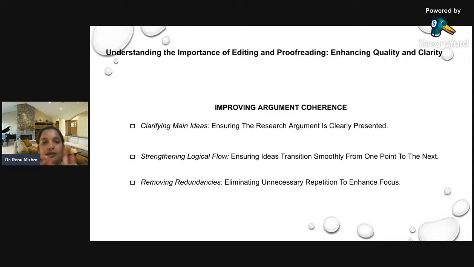So, there are three tasks. Firstly, you need to find a real life problem. Second, you need to find a solution for that problem. Third, you need to prepare a report on the same. You prepared a report in which you identified a problem, you found a solution, and you prepared a report.